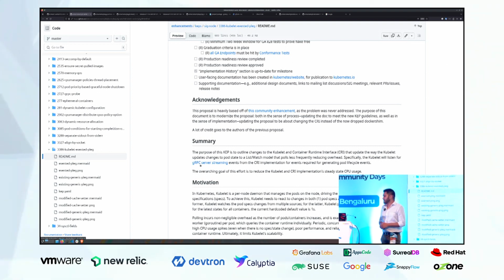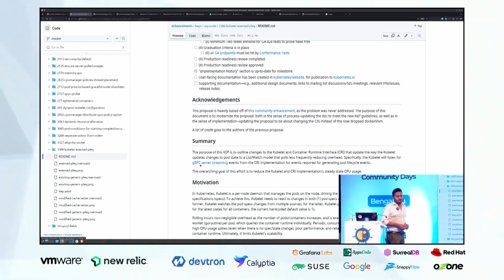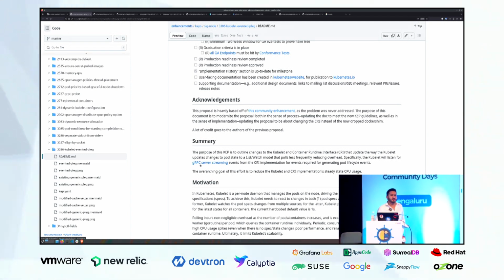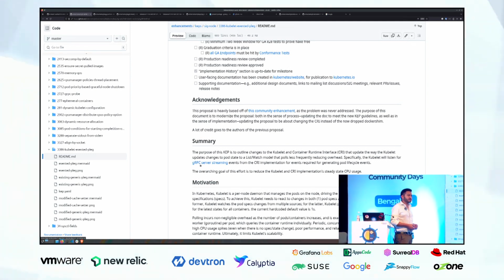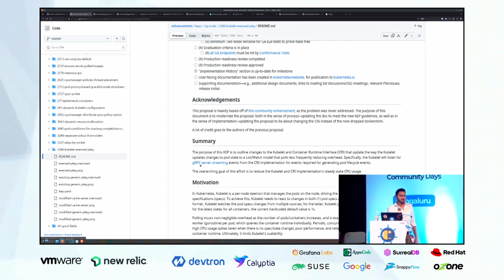From the side of the container runtime, what happens as of today is that the kubelet periodically relists the pods that are running on the machine. Essentially, it asks the container runtime every 1 second to tell it the list of containers running on the machine, and from that information it tries to work out the pod status. This is done through an implementation which we call the pod lifecycle event generator,